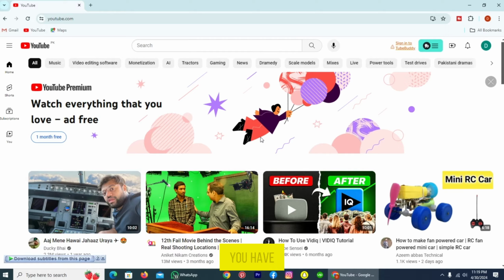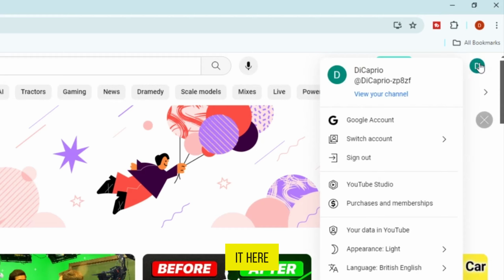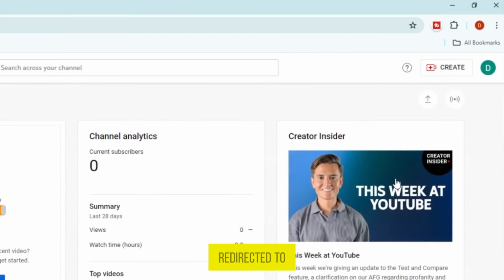First, ensure you have signed in with that account, which you want to verify on YouTube. After that, you will see that we are on YouTube's homepage. From here, you can see your profile icon on the top right. Tap on it. Here, you have to tap on this option, YouTube Studio, and we will be redirected to the